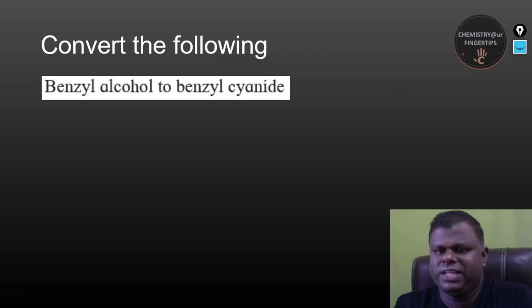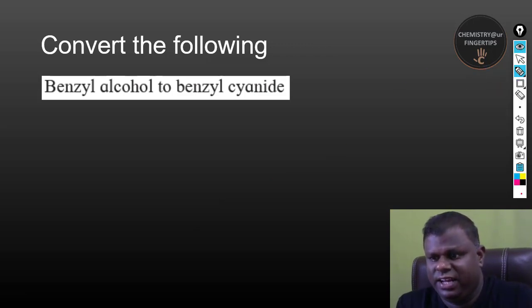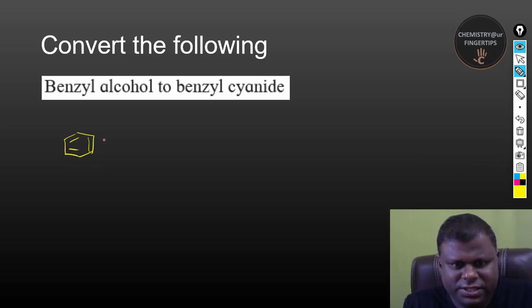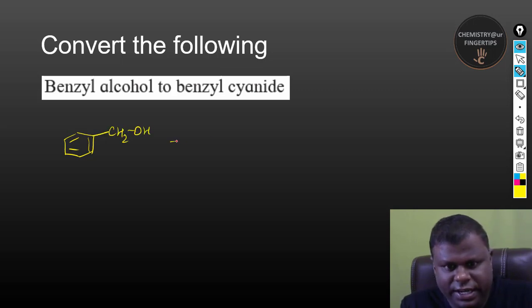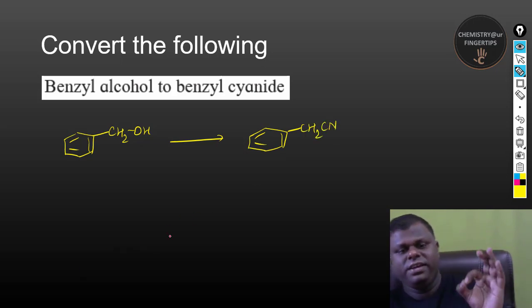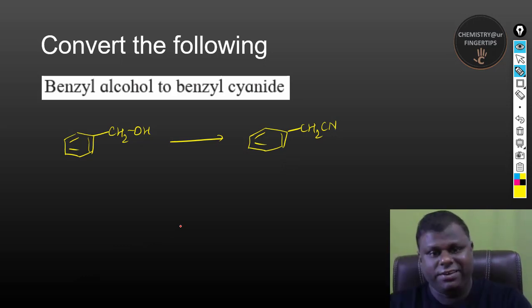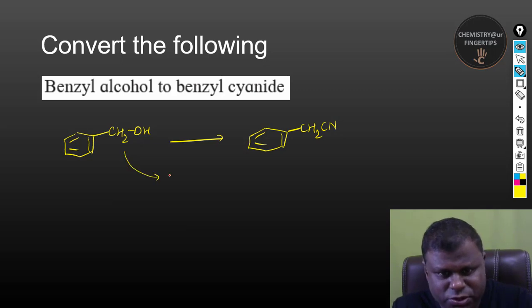Now the next one is benzyl alcohol to benzyl cyanide. Now this is going to be a little bit tricky because you have a benzyl alcohol over here, right? So this benzyl alcohol, CH2OH, has to be converted into benzyl cyanide, right? So I'm going to write here, this is basically CH2CN, right? So if you could see here, there is no direct reaction in which you can convert the OH to CN, right? So first of all, what you're supposed to do is convert this OH to maybe a